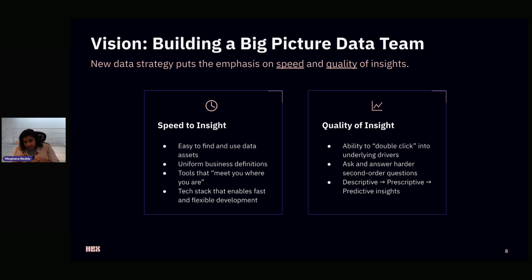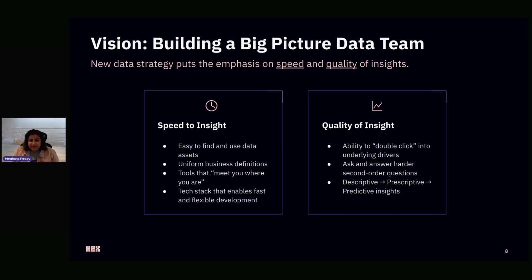And that actually, I'm going to jump down to the third bullet. That actually fits with not just the data asset, but also the medium where you're looking at it. So when I say tools that meet you where you are, what that really means is that there isn't a one size fits all for the medium that you deliver a data asset. So if you're a software engineer or a data practitioner, maybe your preferred medium is going in and exploring a database or exploring a code repo. But if you're an executive or somebody who's just looking for very quick insights and something that's going to tell you what you need in a very digestible format, that's where things like BI and Viz come into play.